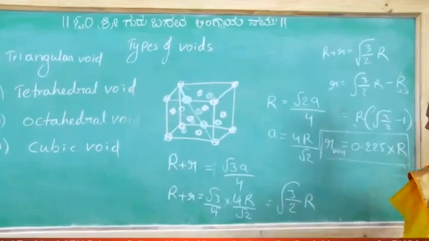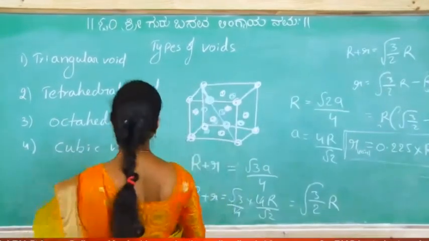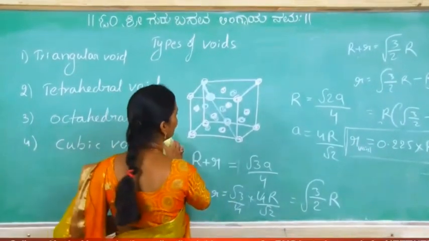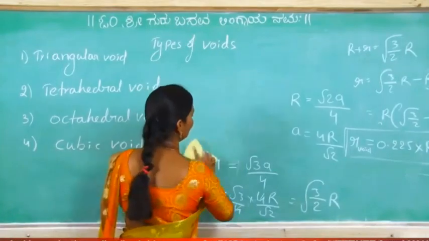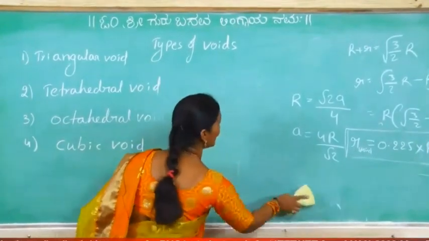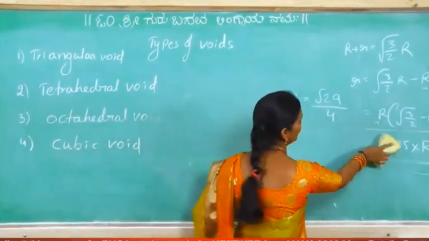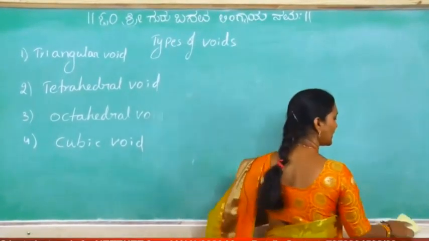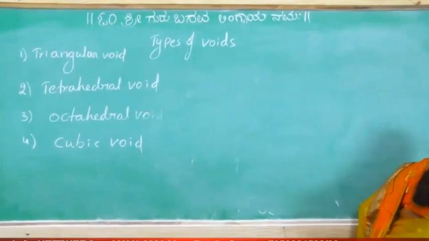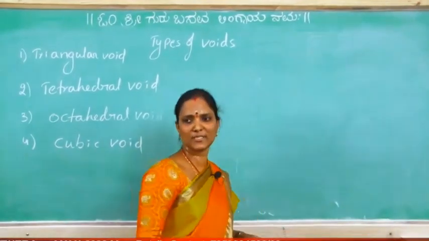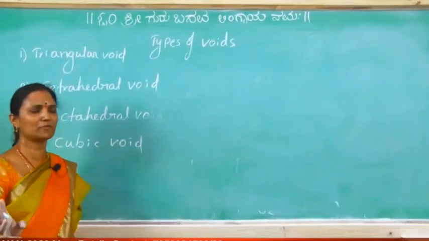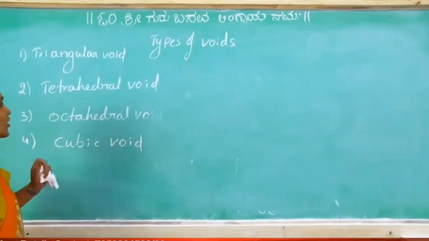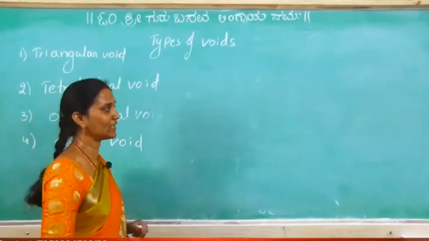Octahedral void. Now what is this octahedral void? Is it clear? Voids are very important. The questions are to calculate the radius of void, how many voids are present, and what is the coordination number of the void. Nothing but 3 types of questions from each one. So, what is this octahedral void?